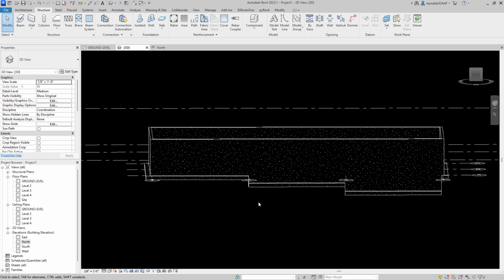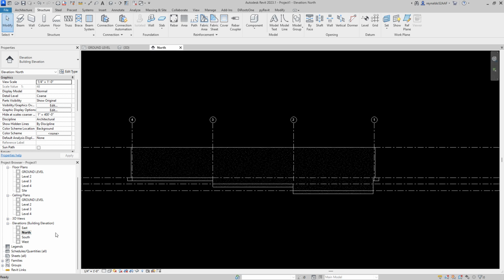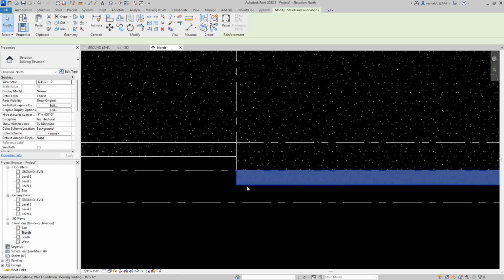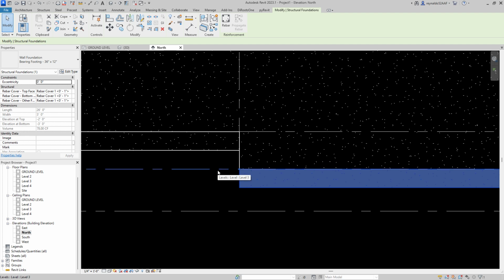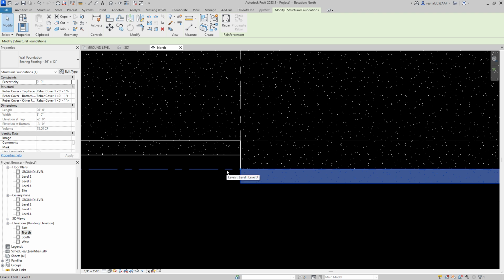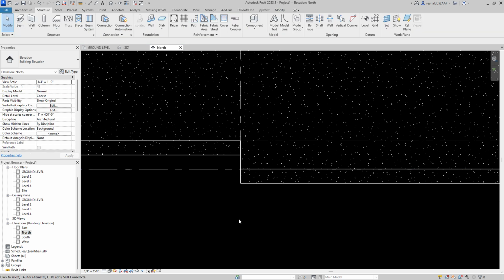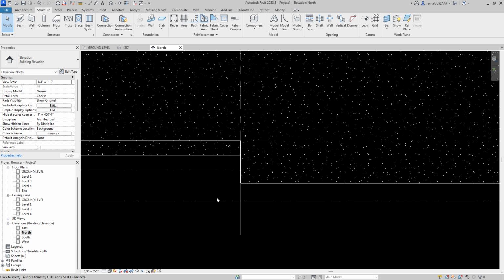To do that, all you have to do is go to one of the elevations. We'll go to the north elevation. And what you can do is just grab it here, and then you can drag it as far as you want. But if you need to drag it to a specific dimension, what I would do is type in DL for line, and draw a line as a reference,